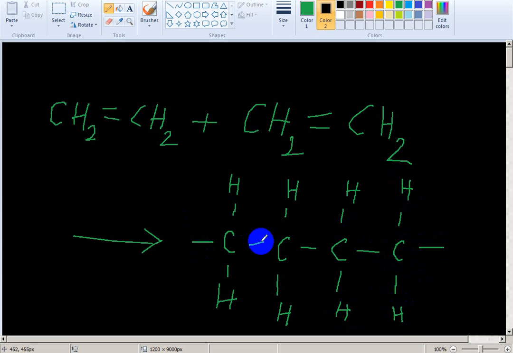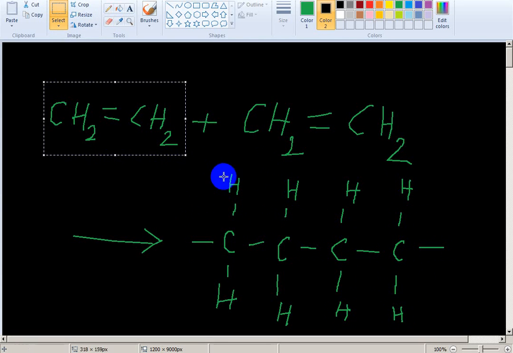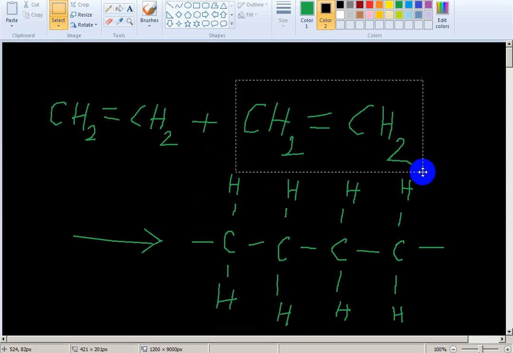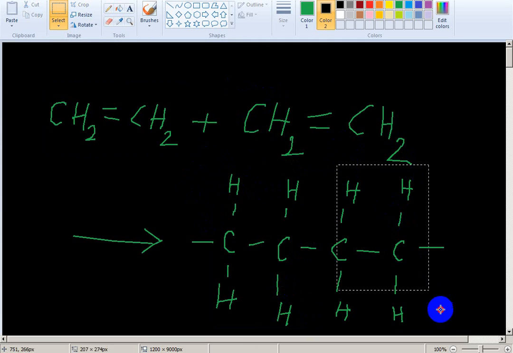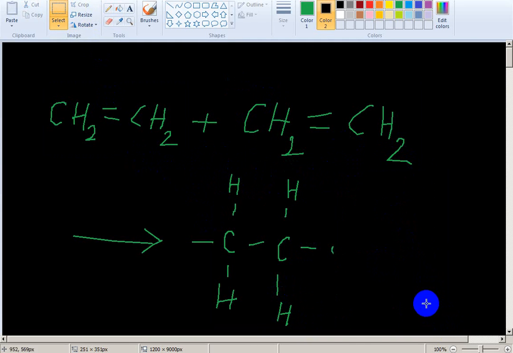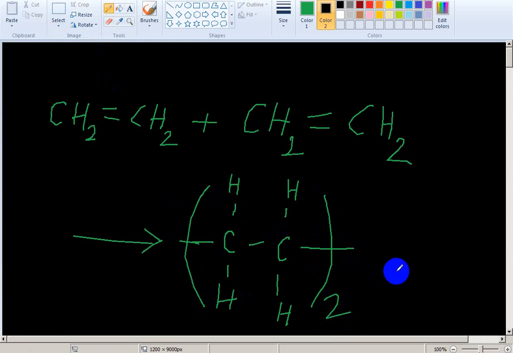Okay, this way we can write, because here 2 molecules join. This is 1 molecule, and here is another 1 molecule, 2 molecules. These two molecules joining we can write this way. You don't need to write these things many times. You write these things here and give a bracket, and give here two molecules join together.